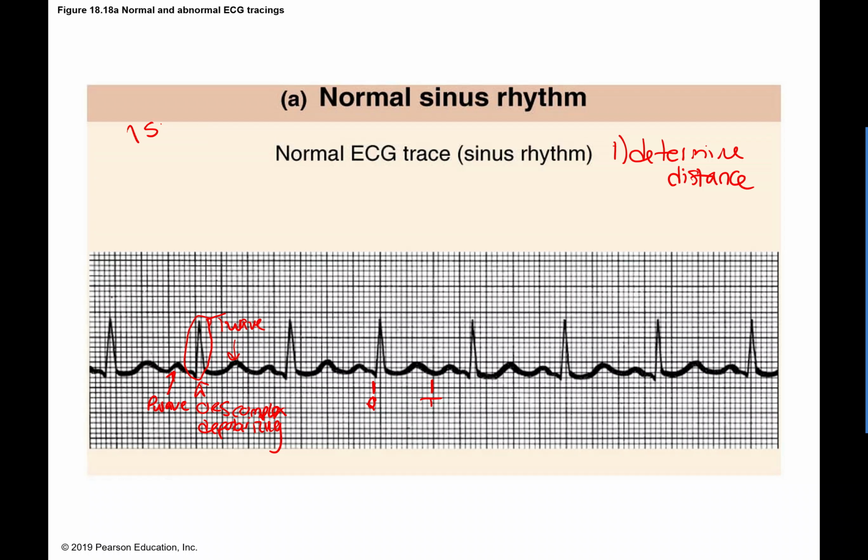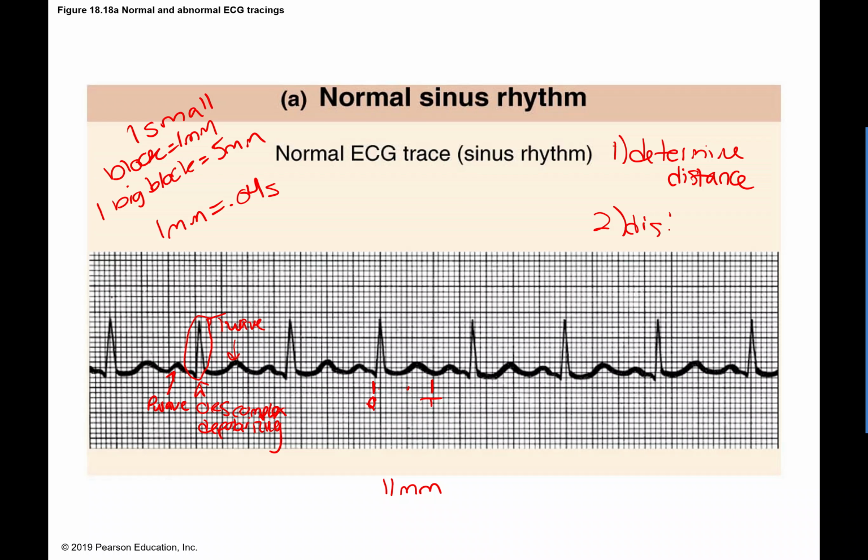Remember, one small block is 1 millimeter, and one big block is 5 millimeters. And so for our QT interval here, I have 5, 10, 11. So 5, 10 plus 1, that gets me to 11 millimeters. Well, I also know that 1 millimeter is equal to 0.04 seconds, and so I can then take